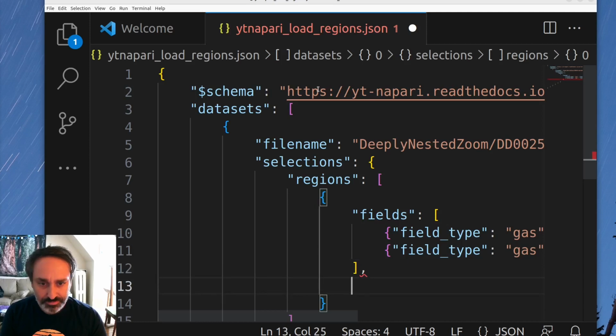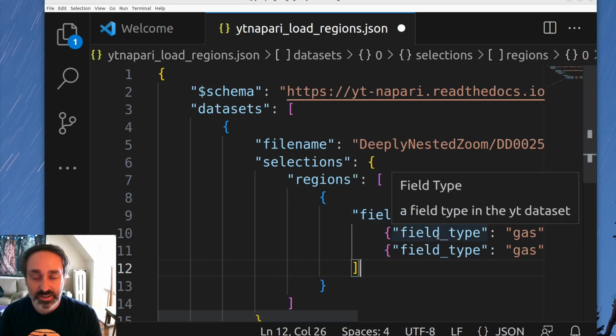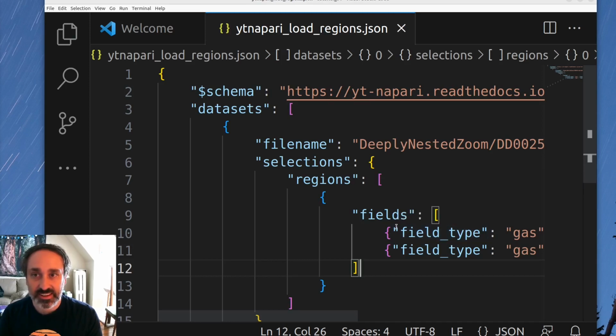And as a note as to how writing JSON files differs from standard Python dictionaries, in JSON files you cannot have trailing commas like this, so you'll get an error if you leave that there. But luckily VSCode has highlighted that to remind us. Cool. So this is the minimum you need to do to load in some fields. So let's save that file, and then